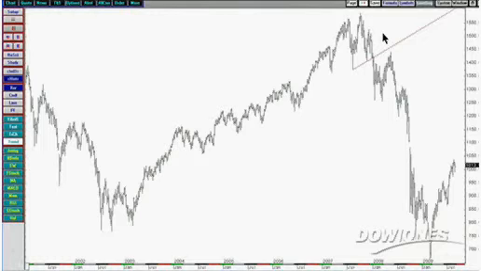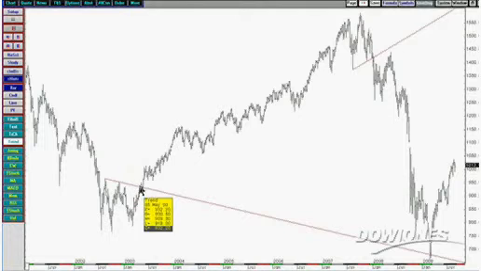But inversely, what you also have is at the end of a downtrend, you can have an inverse head and shoulders formation. Now this one's far from being perfect, but you can clearly see that the lowest point is here in the middle. This would be the left shoulder, and this the right shoulder. So again, what you do, you take the highest point of the left shoulder, connect that up with the highest point of the right shoulder, draw in your neckline, and then once that neckline gets breached, as it did here, you would expect the market to go up by the distance from the lowest point, the head, to the neckline. So by about this distance here, which is what the market then did